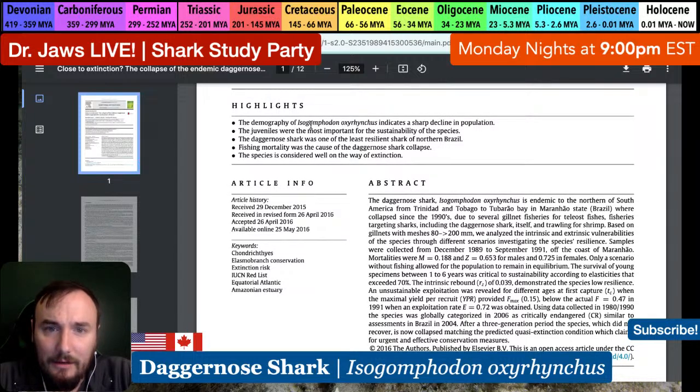The demography of the daggernose shark indicates a sharp decline in population. The juveniles are the most important for the sustainability of the species. So if you protect juvenile shark habitat and whatever the juveniles need to survive, that's the key to recovering the species. The daggernose shark was one of the least resilient sharks in northern Brazil. Fishing mortality was the cause of the daggernose shark's collapse. The species is now considered well on the way of